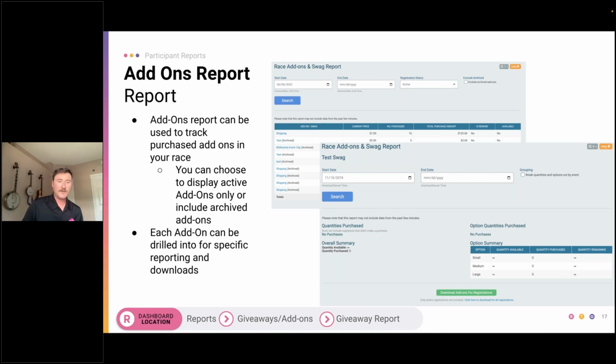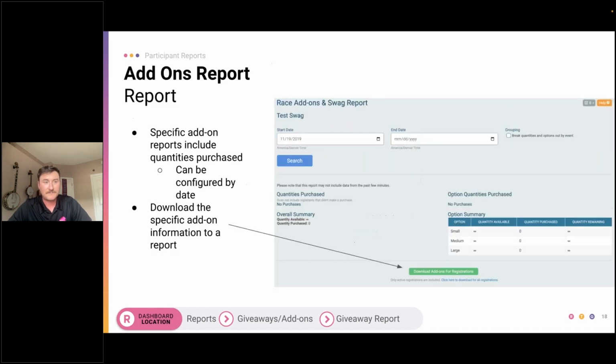Each of these items on the add-on report can be clicked on and drilled into to give you a more specific report on that add-on. So if I want to take a look and see how my VIP shipping add-on is doing, I can click on that and get a more detailed view of that specific add-on, and then download a report on that add-on by clicking the green download add-ons for registrations button at the bottom of that. This report can be configured by date and it can also be configured by registration status,